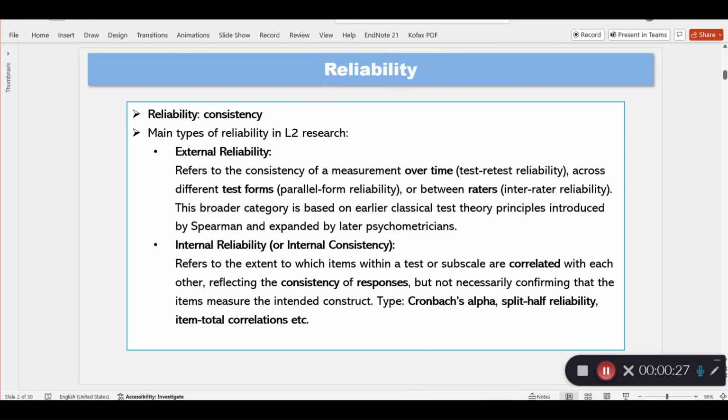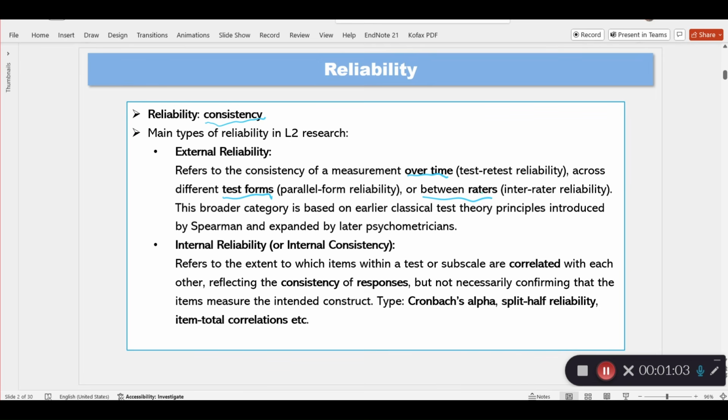From the perspective of some authors and scholars in the field, reliability can be divided into two types. One is external reliability and the other one is internal reliability. So let's see what they are. Basically, both of these are about the concept of consistency, and I'm going to talk about consistency a little bit in this presentation. External reliability refers to the consistency of a measurement over time across different test forms and also